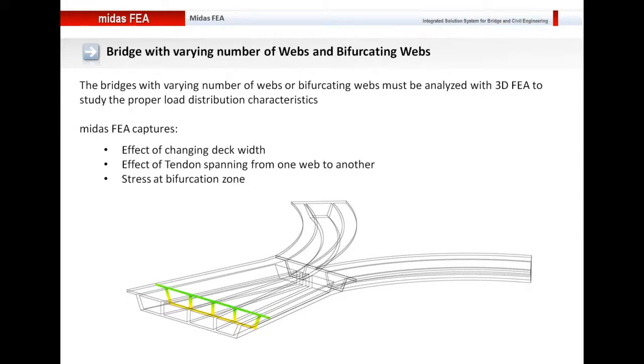You can take into account the tendon which is spanning from one end of the bridge to the other end of the bridge. If you have bifurcation in the webs, a tendon might go from one web to another web due to the bifurcation zone. And here in Midas FEA, you can study all these effects so that you can be a bit more confident